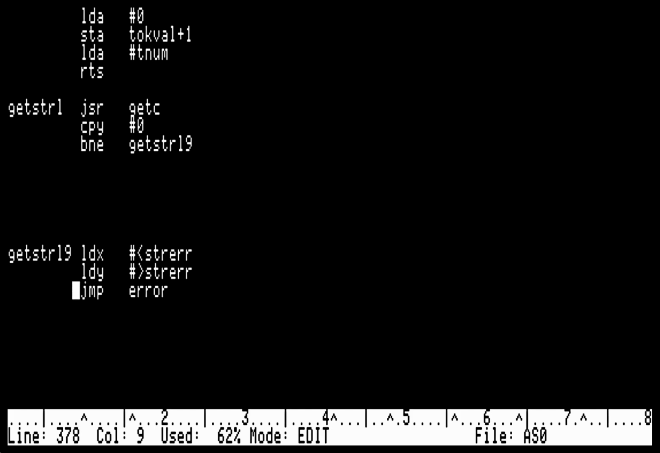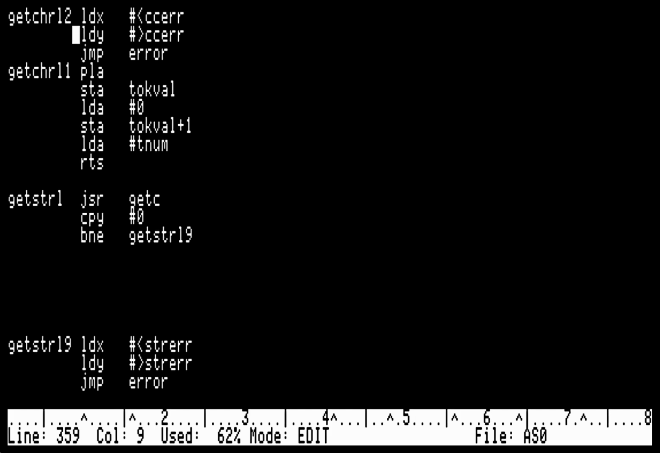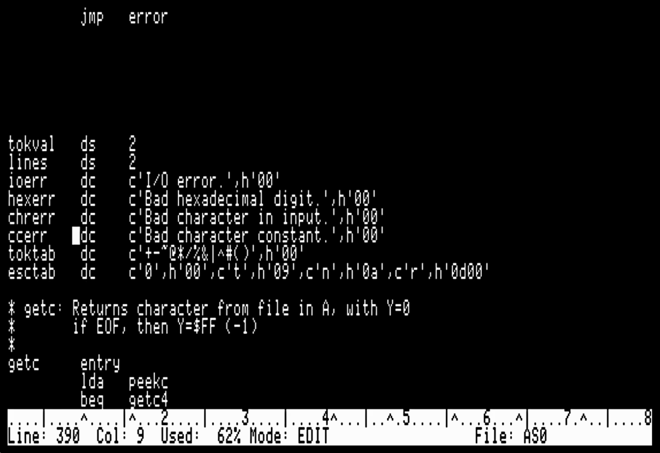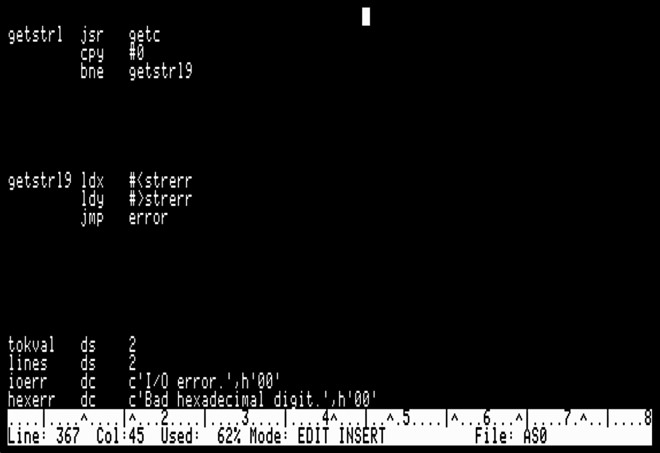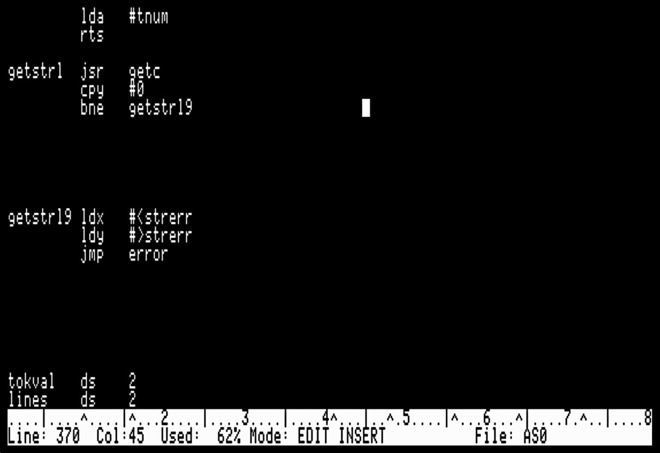So I can just say, okay, there's a string error. All right, and the string error: unterminated string. Okay, so assuming it's not EOF,